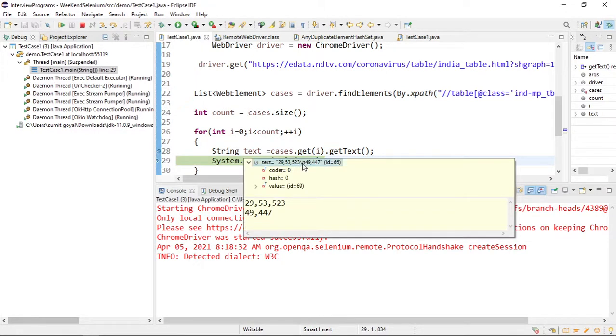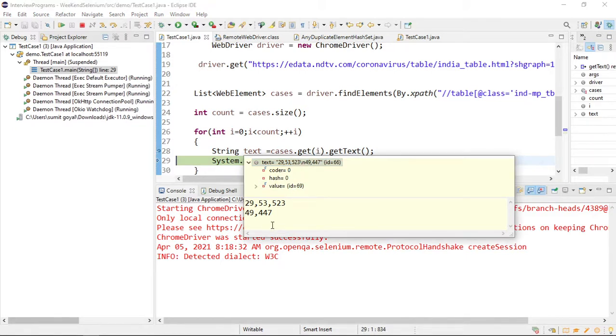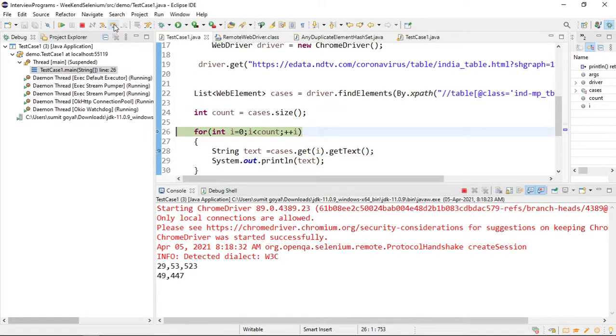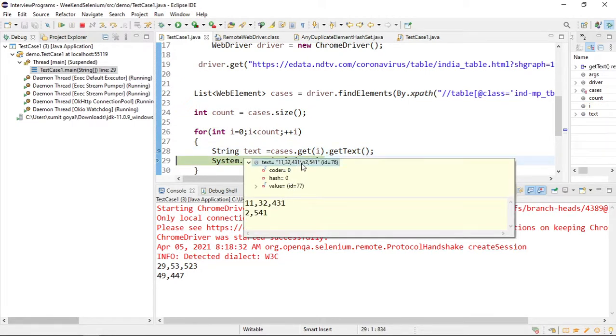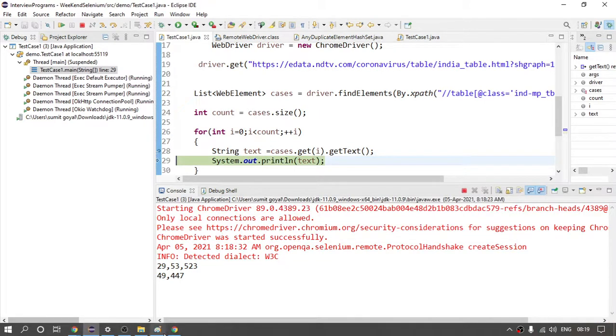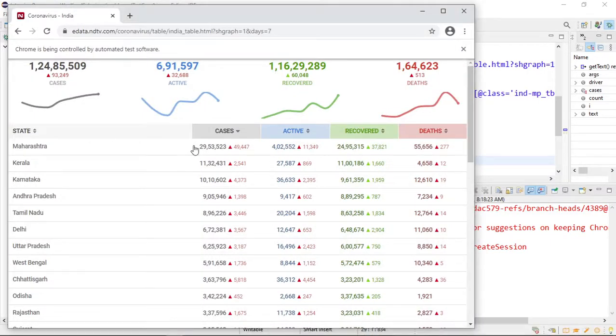And if you see the text here, you are able to see the first number, after that \n. So basically \n is going to change the line. This is the data representation after changing the line. Similarly for the other data, it will print, and after that if you see, the second text will be this, but \n is present here, and after that this data will be printed. But my task is to calculate the sum of only these first numbers, not the other.